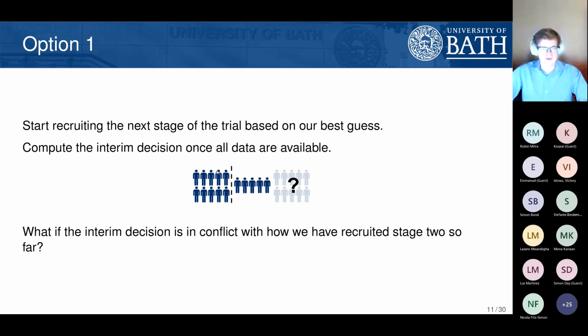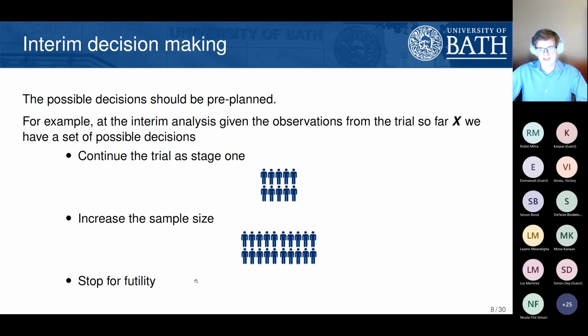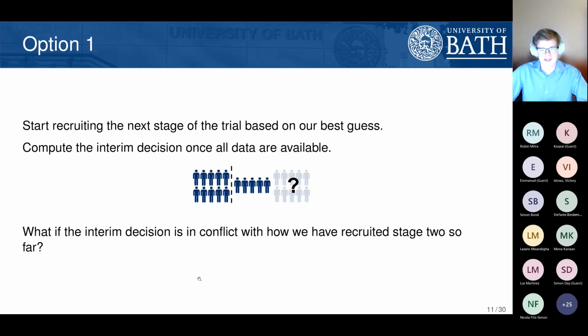We wait until we've observed cohort 1 and we decide what to do with the remainder of cohort 2 at this stage. Okay. However, in this kind of really simple example, hopefully you can see it's possible that we end up with a decision that's in conflict with what we've actually done. So if we hop back a couple of steps, we had this option of stopping for futility. Well, if we stopped for futility, is it really that ethical that we continued recruiting patients while this was a possibility? Let's suppose it's not, and park the discussion of whether that's a reasonable thing to do for now, and